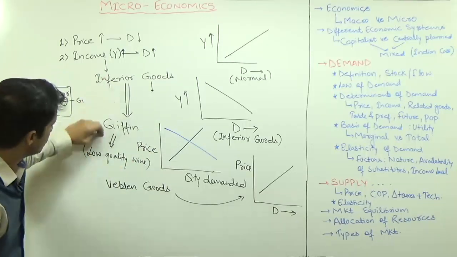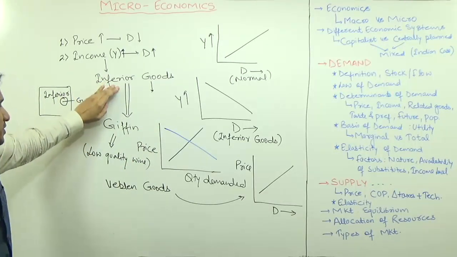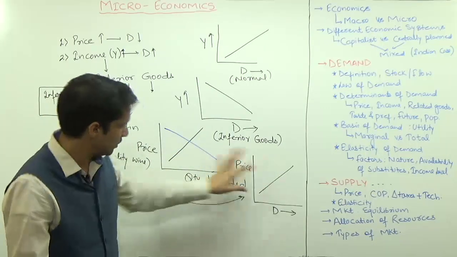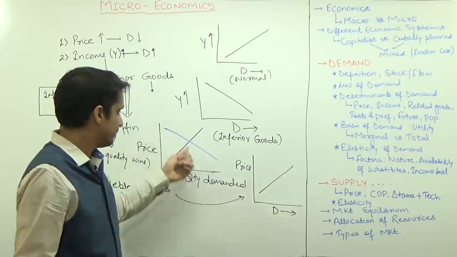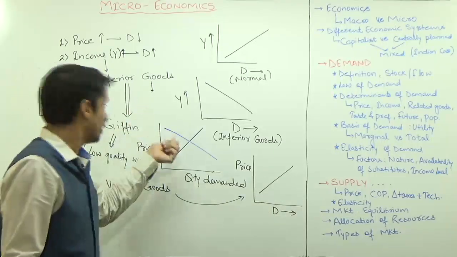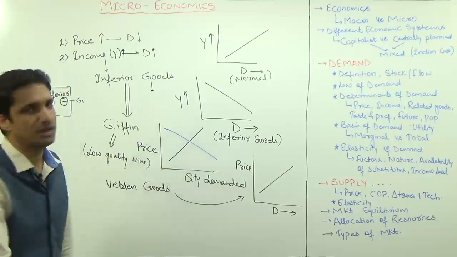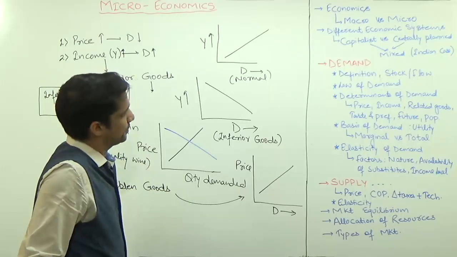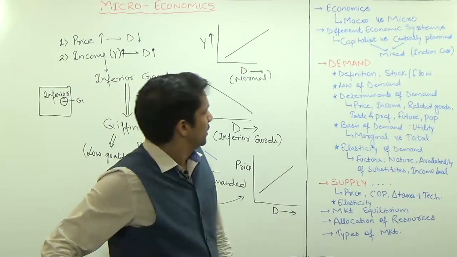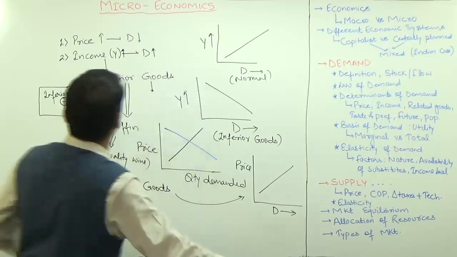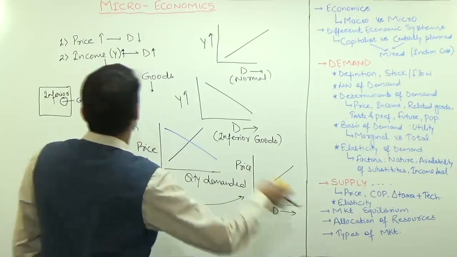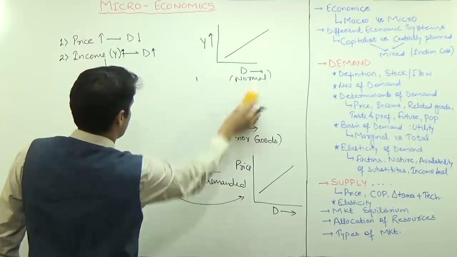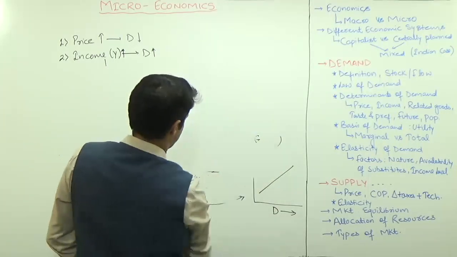So all Giffen goods are inferior goods, but not vice versa. Although the graph of Giffen goods and Veblen goods is the same, both are giving you the relationship between price and demand. But the thing is, this commodity, first of all, should be an inferior good, then only it can become an example of Giffen goods. So this is what we have, the second determinant, that is income. Now the third determinant is price of the related goods.